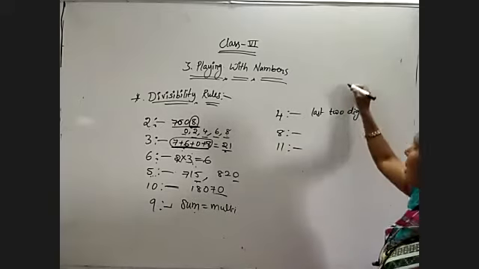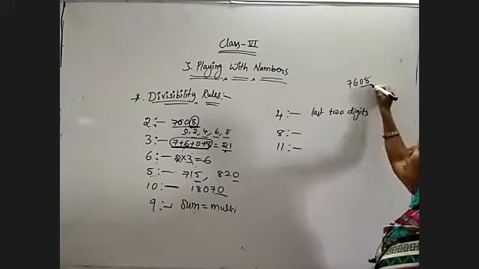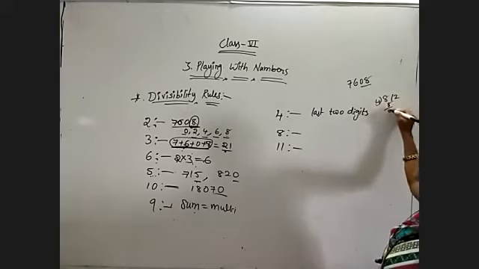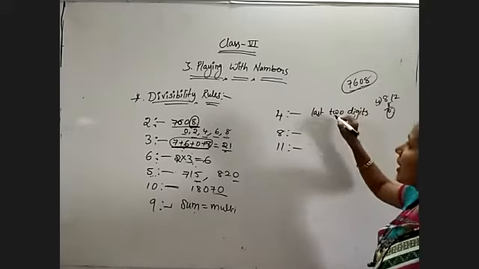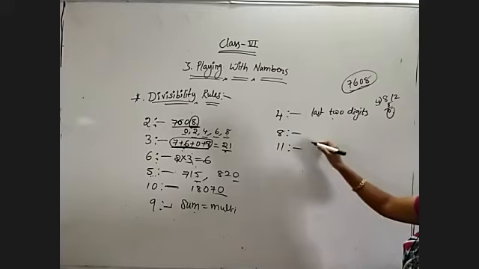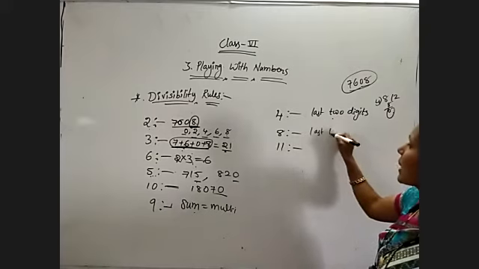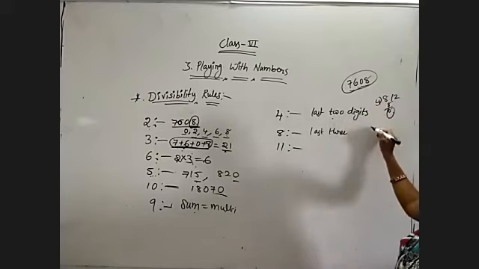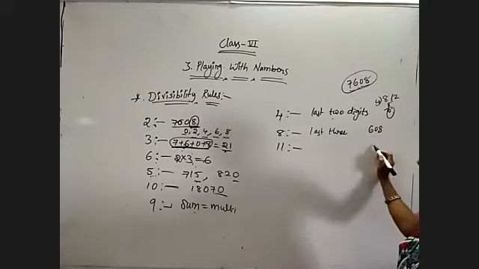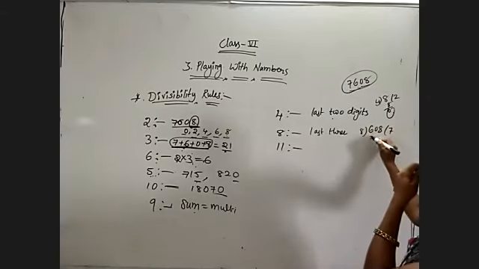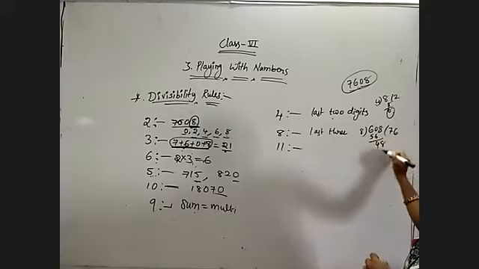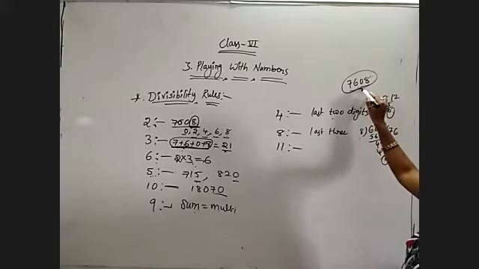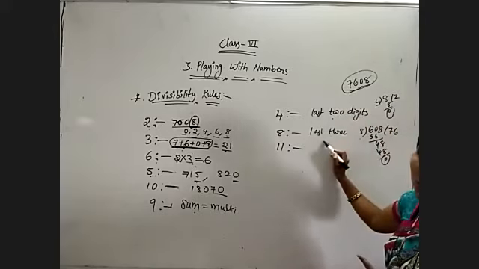Let us take the same example, 7608. What are the last two digits? 08. That is nothing but 8 only. So 4 2s are 8. That means this complete number is divisible by 4. Sorry, and for 8, we must take the last 3 digits and check with the actual division. If that is divisible, then the complete number is divisible. Now for this example, 608 is the last 3 digits. Divide with 8. 8 7s are 56. 8 6s are 48. Remainder is 0. So 608 is divisible by 8, so 7608 is divisible by 8 also.